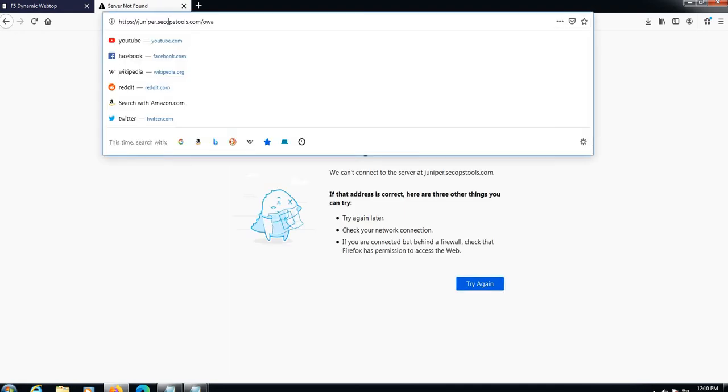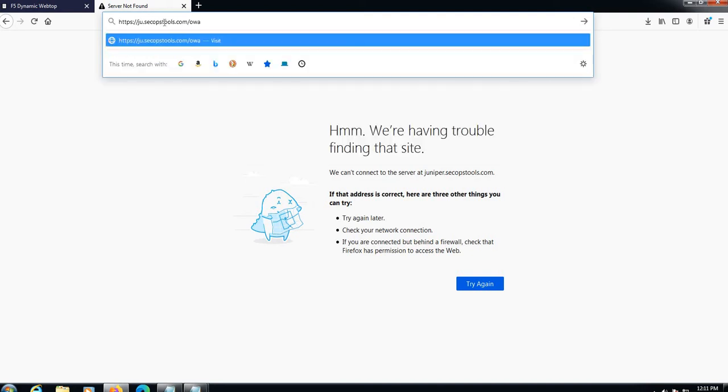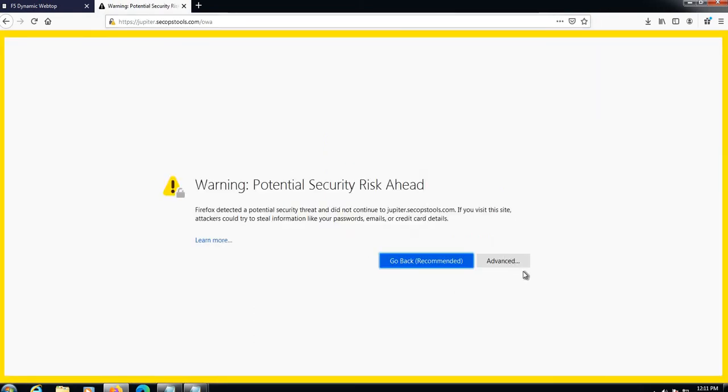It's not resolving. Oh, I wrote it as Juniper. It's Jupyter. Yes, we can access our OA.